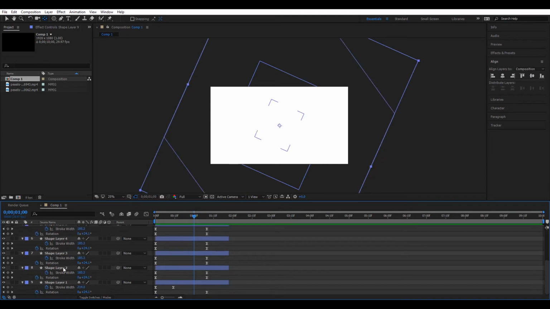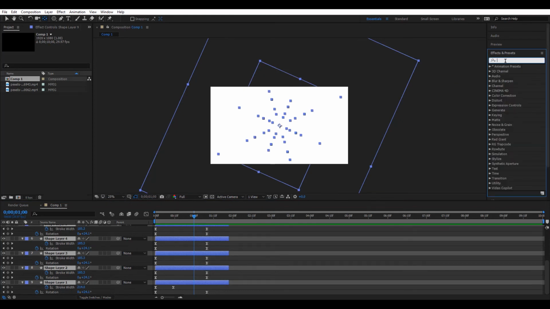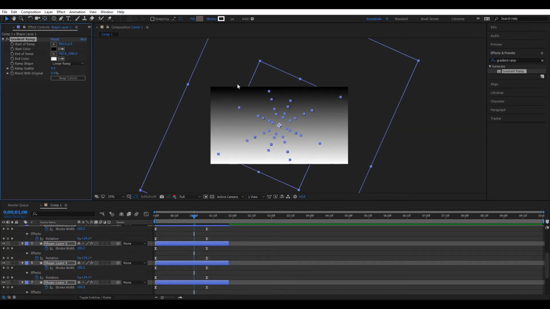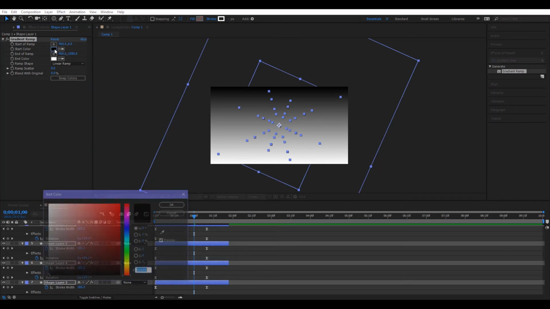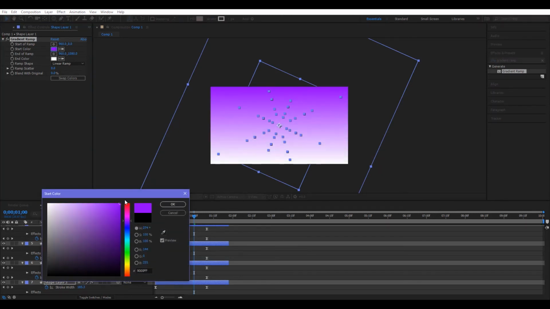And something called gradient ramp, the gradient ramp. Double click, change the color from black to something cool like